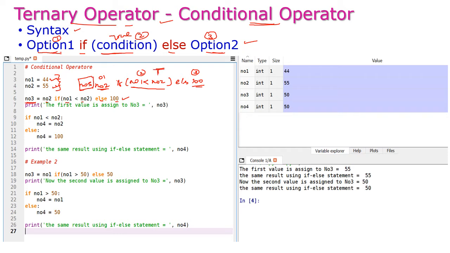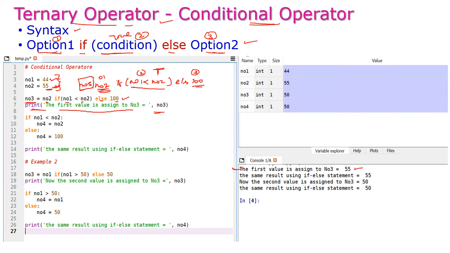Now what is the value of number 3? 55 is assigned here. That is the first option is assigned to number 3. What is the first option? Here number 2 is the first option, so 55 is assigned. Let us check the result. The first value is assigned to number 3, that is 55.